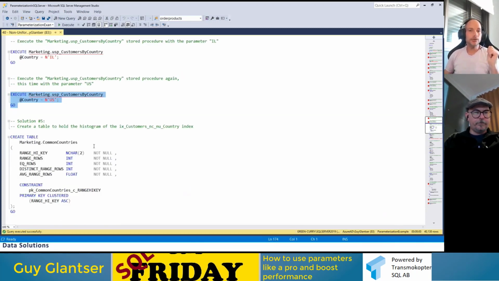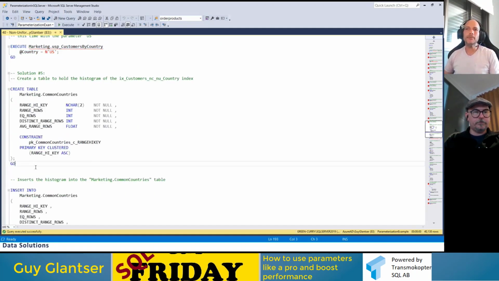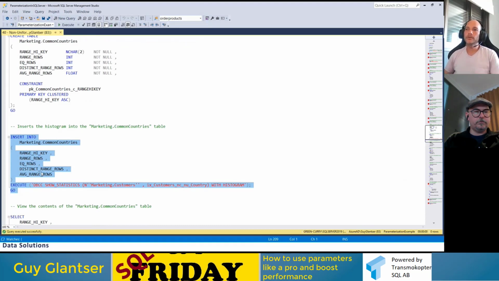The last solution, solution number 5, is for complicated scenarios, and I'm showing you just one example of it. I'm going to create a table called common countries. The schema of the table is the exact same schema as the statistics histogram that SQL Server uses, because I want to populate my table with the histogram of the country column using this command.